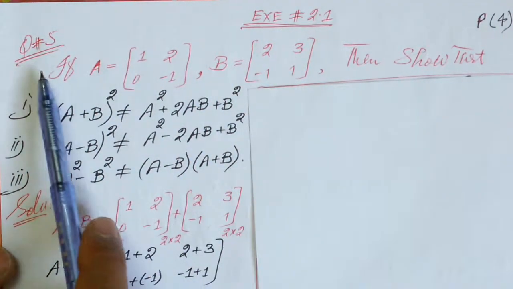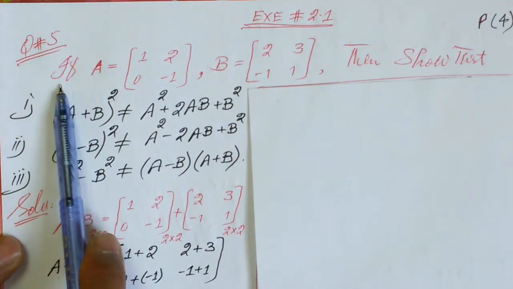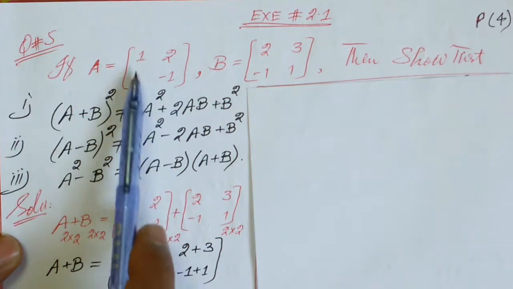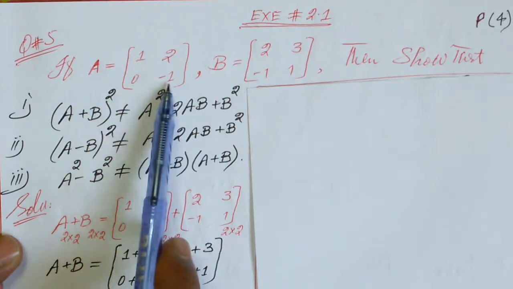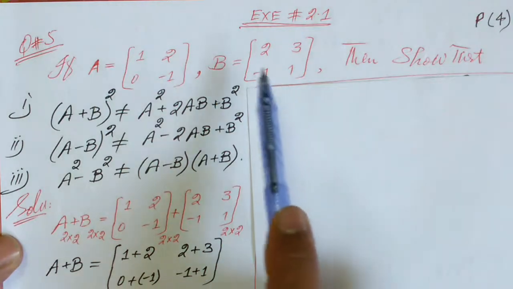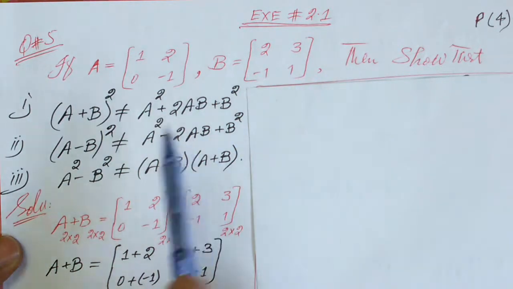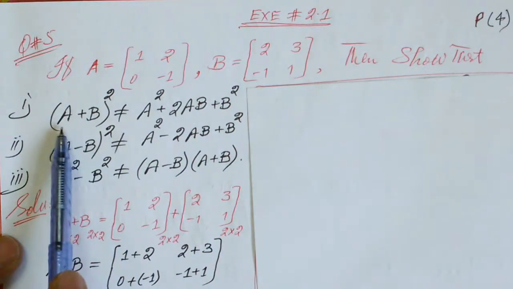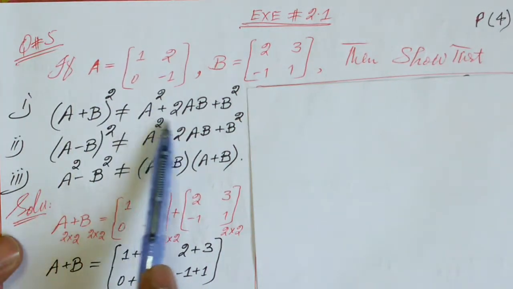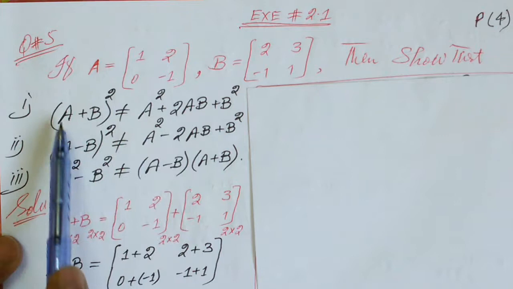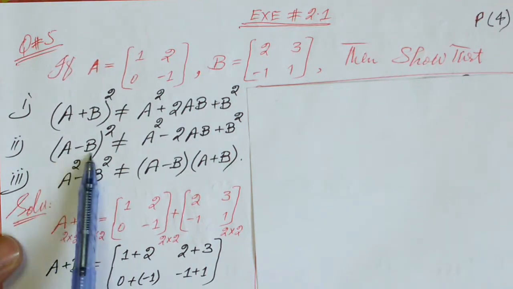Exercise 2.1, question number 5. The question is, if A is a matrix having elements 1, 2, 0, minus 1, and B is another matrix having elements 2, 3, minus 1 and 1, we have to show that A plus B whole square is not equal to A square plus 2AB plus B square, and the second part is A minus B whole square is